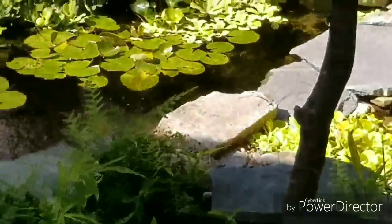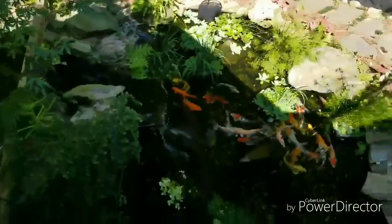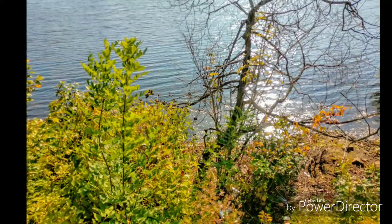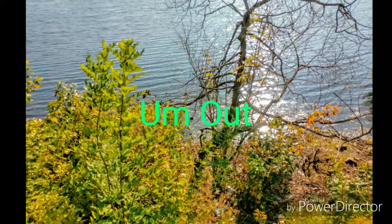yellow labs, which are African cichlids, a tropical fish for those of you who don't know. And in the near future, I will share an update video of this awesome, amazing pond in its entirety. With that said, there's Skip,